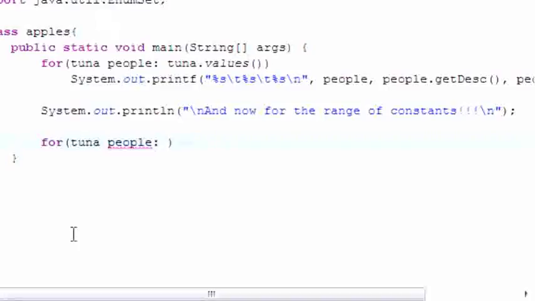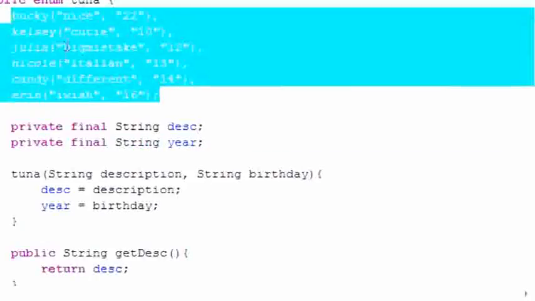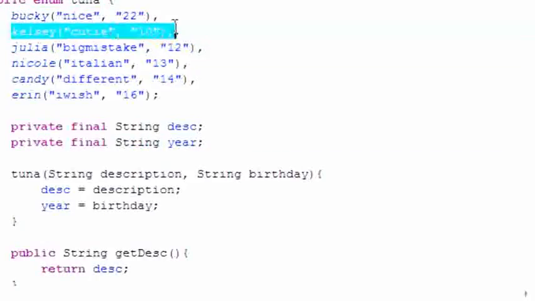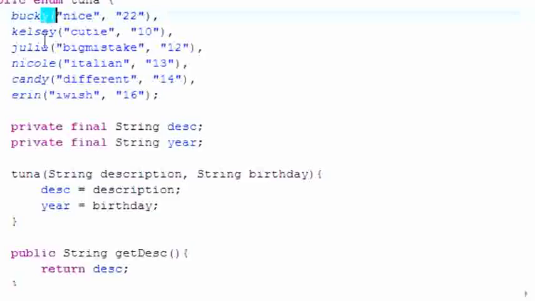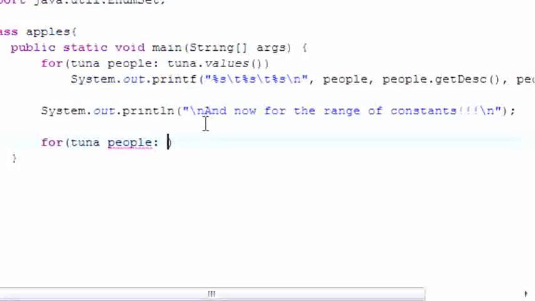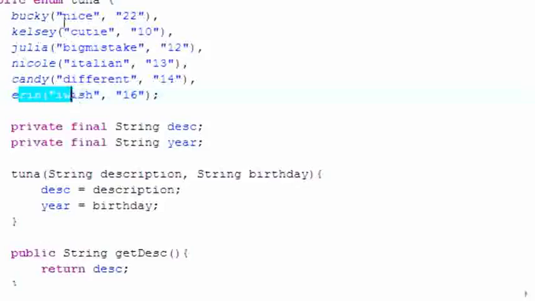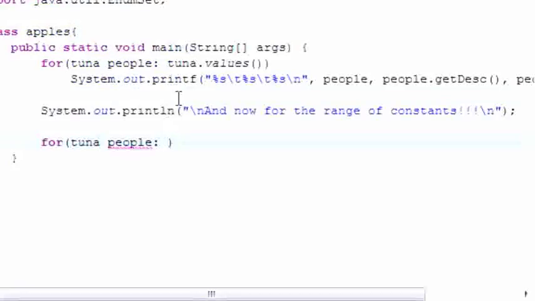We wanted to start at, let's say, Kelsey, and end at Candy. So we can start and end anywhere. Like I said before, Java automatically gives you an array of constants in the order that you declared them. But in order to get just a specific set out of there, or range, what you need to do is this: